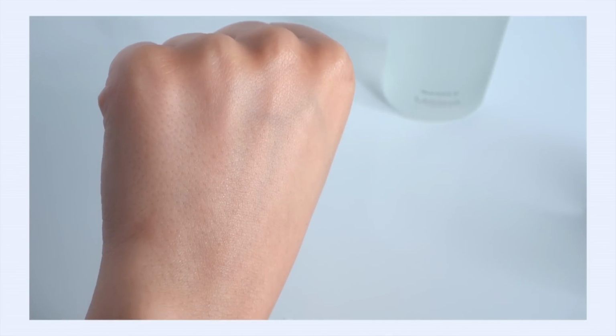A really beautiful, easily absorbed, very weightless type of texture, and it does show results. You know, it makes your skin glow. It really brings that healthiness to your skin, and it feels amazing. I'm a huge fan. I've tried different variations of this over the years, and I've always just kind of felt like this works really hard for my skin, and I'm so happy to recommend this one if you are looking